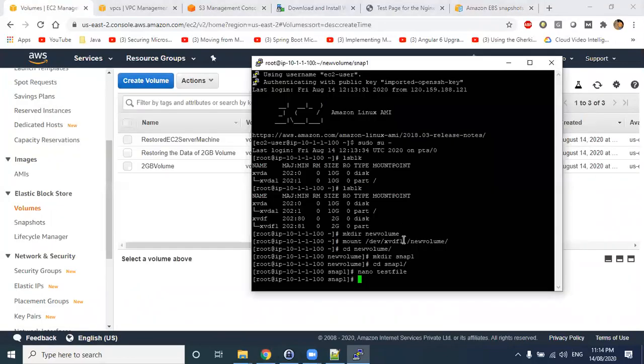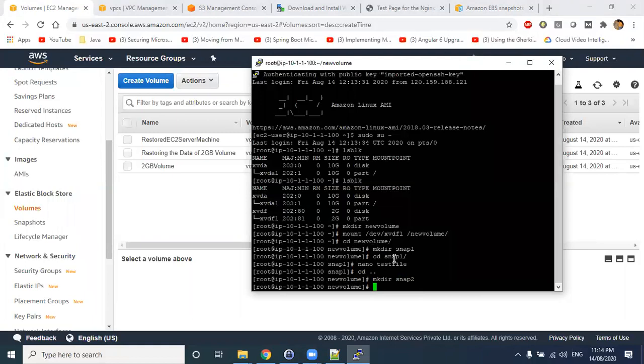So now create a second folder. mkdir snap 2. Let's create one more file here, nano test file 2.